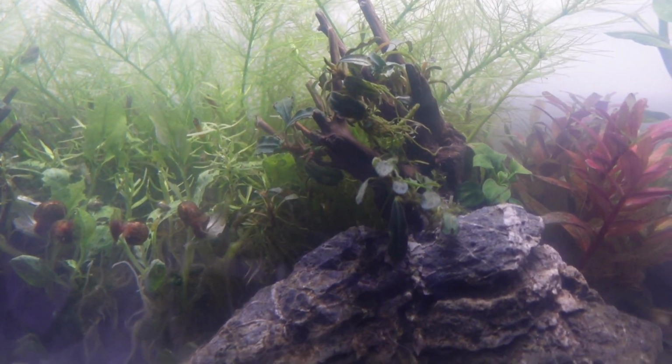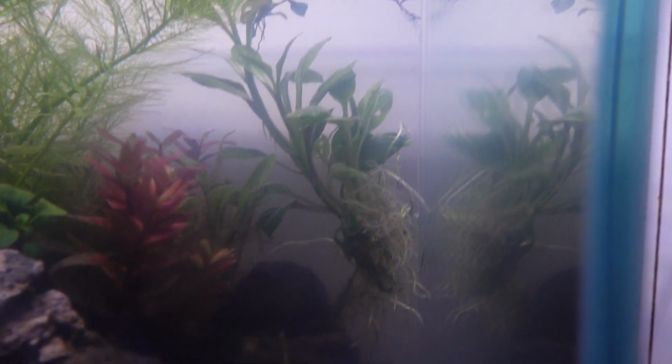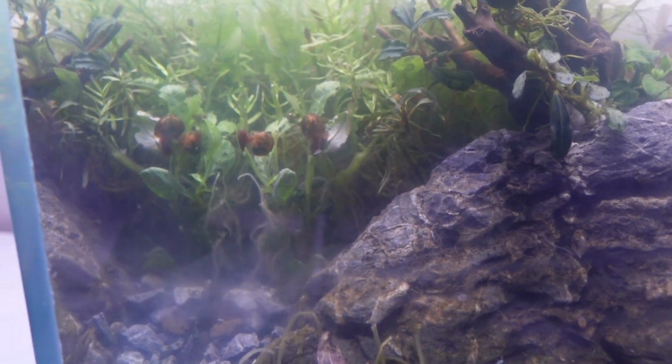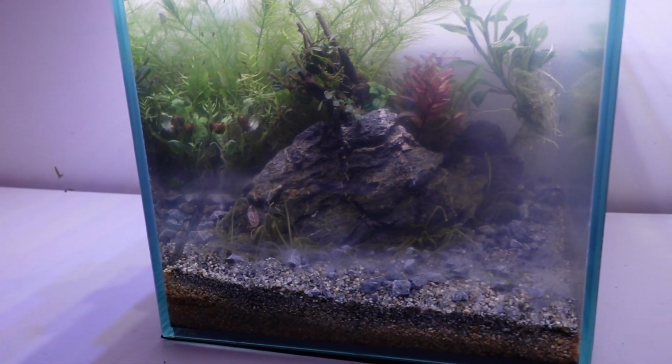Now the plants are all doing pretty well. You can see that one just uprooted now, which is annoying. I'll plant that in later. But as you can see, we got a bit of melting at the back here. The plants are just trying to adjust to the new habitat, going from their immersed state to their submerged state. So yeah, it's going to take a bit of waiting, and I decided we're going to add shrimp in here